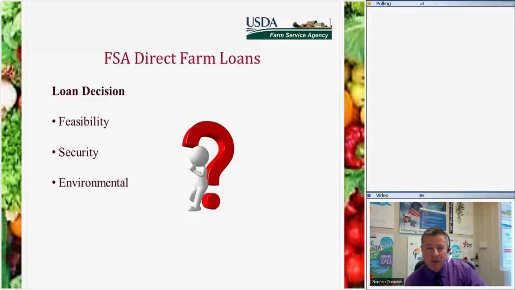We look at the feasibility of the loan. Does it make sense? Are you fudging numbers? We can figure out, by what type of commodity you're using, what you can sell it for, and how much you can grow. So just don't make up numbers. Do your research. You are going into business to be a farmer. Do your research for the operation that you can grow so you have a great understanding of it. Don't come in with fictitious numbers, because we'll know right out of the bat, and that's basically going to get your loan denied. If you don't know, work with your loan officer. That's what they're there for.